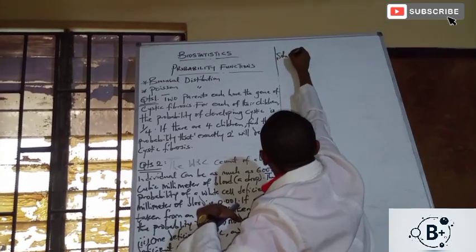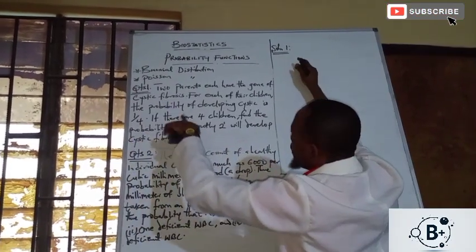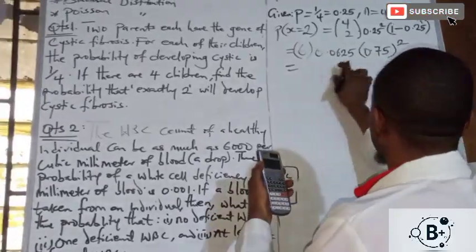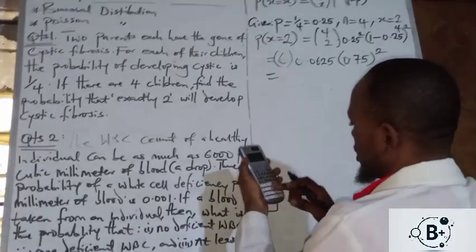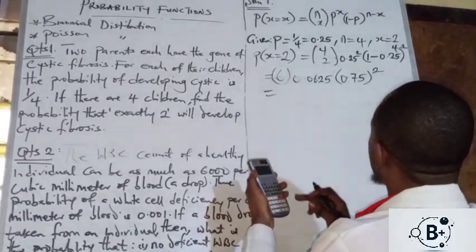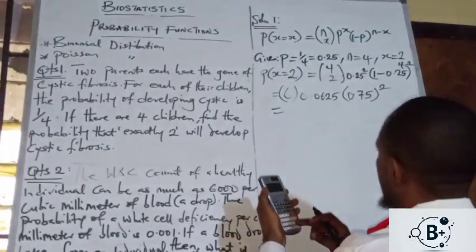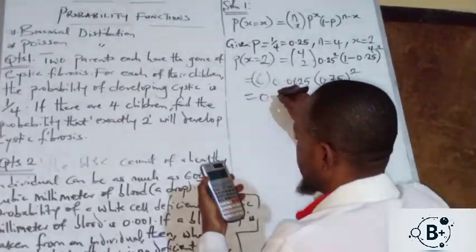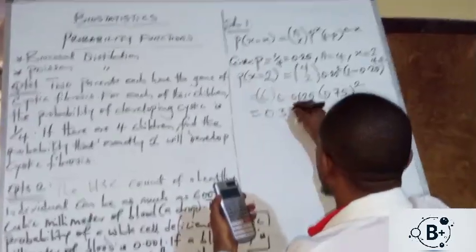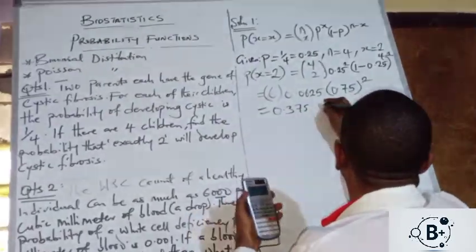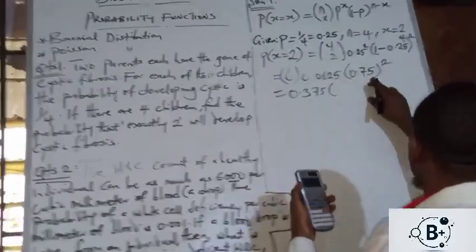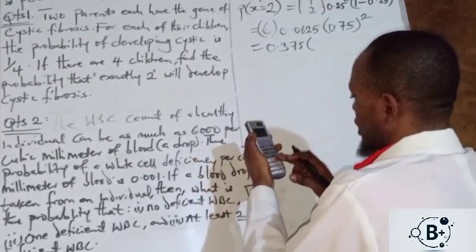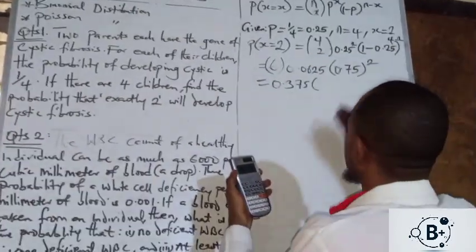So solution 1: the formula for this is generally P. Let's deal with this one first. So this one can multiply this now. We say 6 times 0.0625. This gives us 0.375. Then (0.75) squared, which gives us